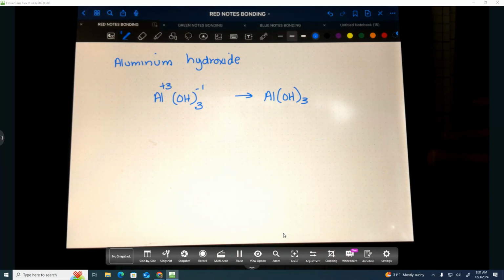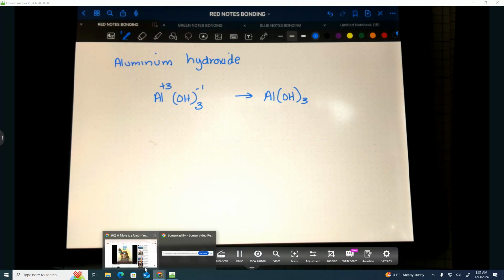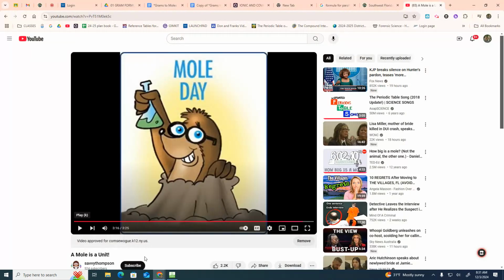Oh, fiddle fudge. Okay. Tomorrow's another day. Remind me, we're doing aluminum hydroxide. Yay! Moles are